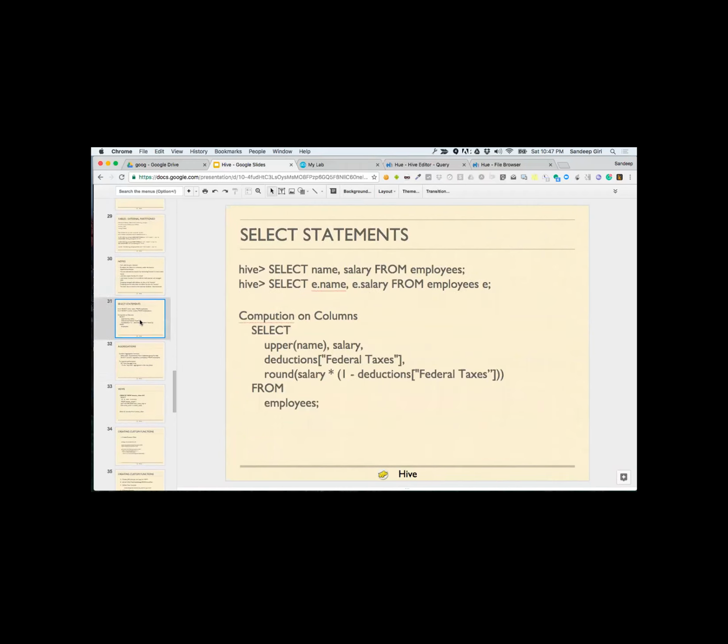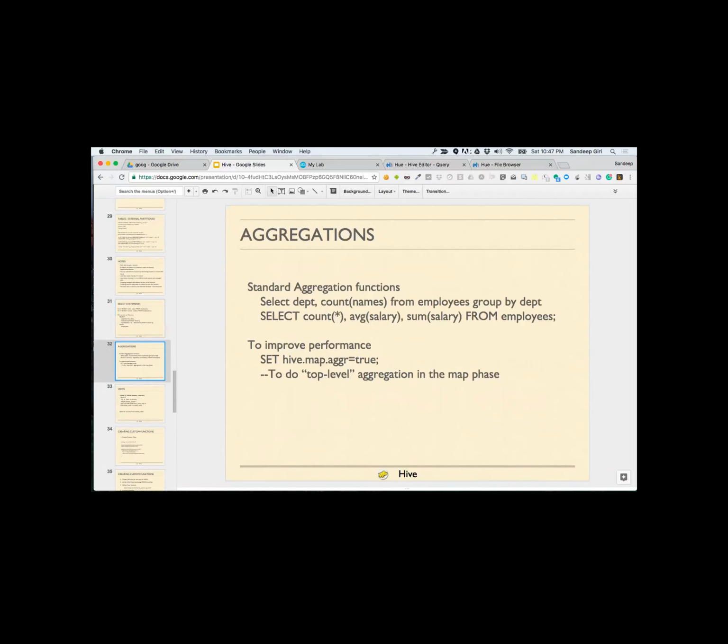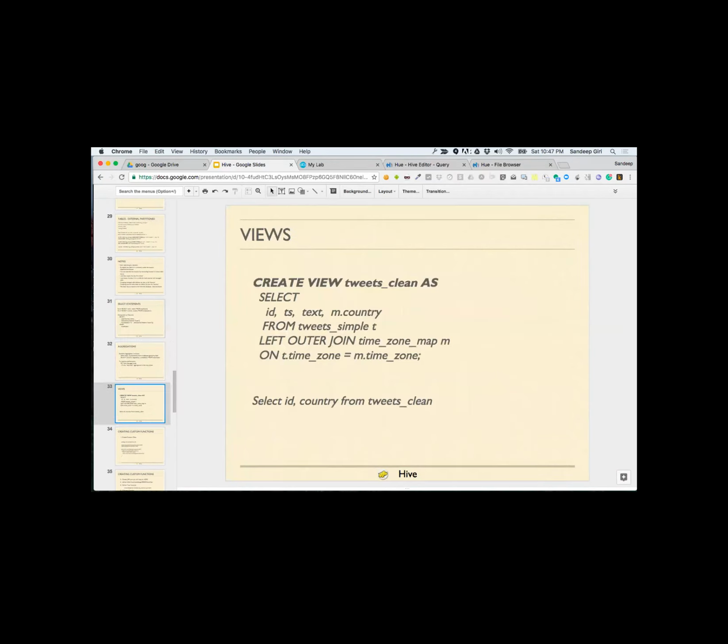All right, so Hive provides you the standard functions, select statements, and aggregations. Now, the other important aspect of SQL is views. Who knows about views? Yes. All right. So in SQL, when your query becomes very complex, an easier way to deal with it is to break the query down into views.